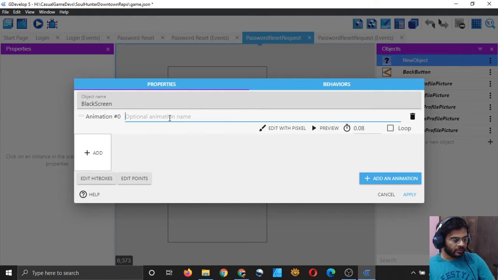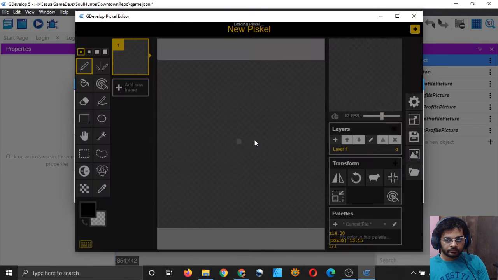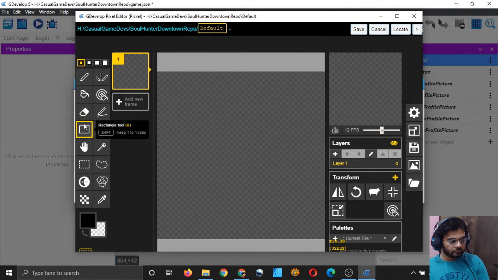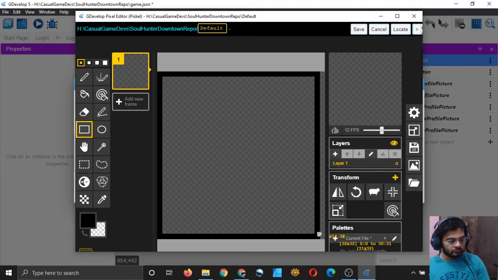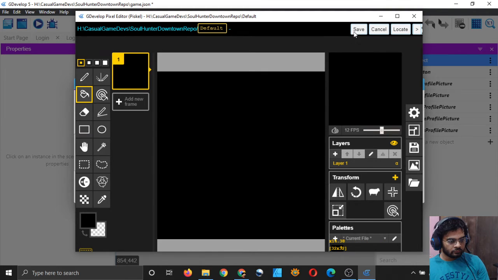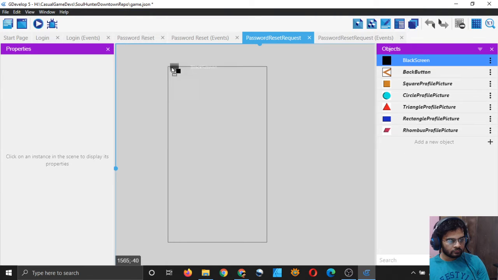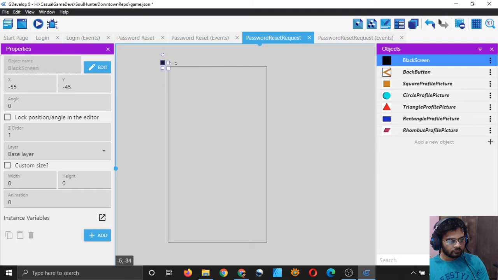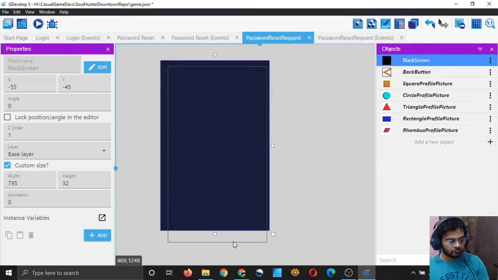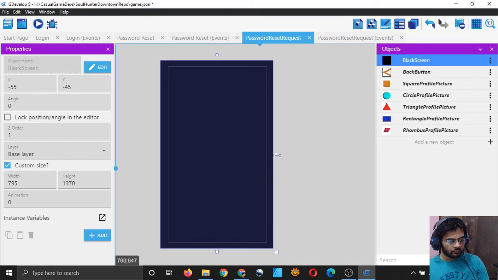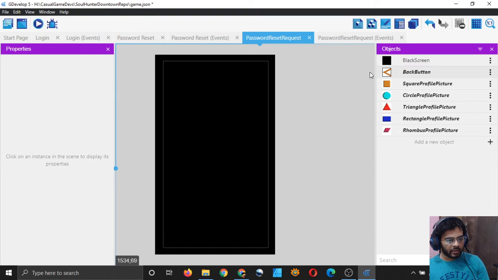I will add an animation and call it default. Edit with PScale. There it is. You can add the back button also,